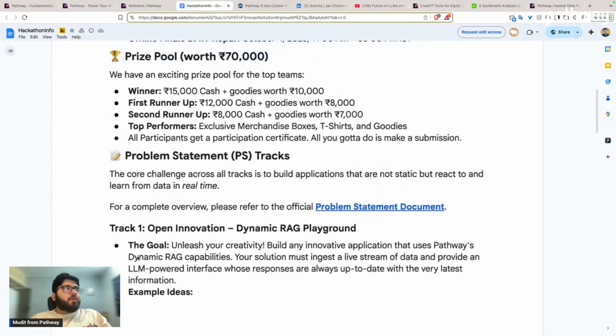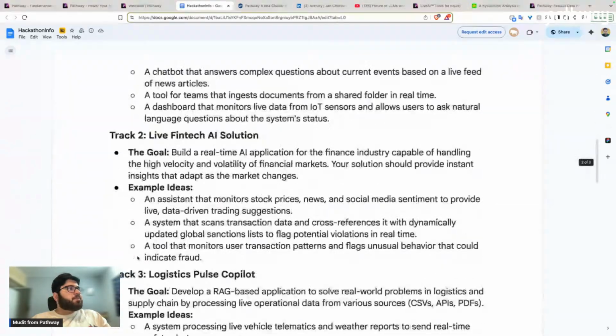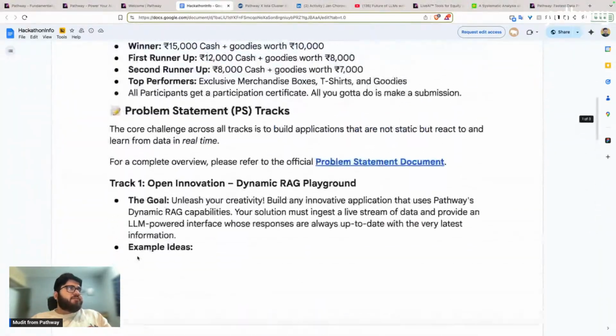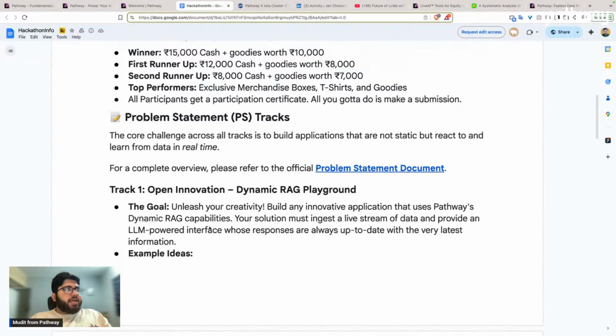Now the problem statement of the hackathon is in three buckets. First one is an open innovation. So it says